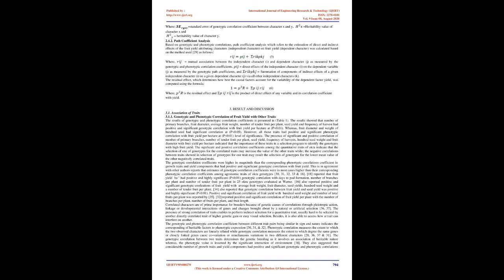However, the coefficient of correlation at the genotypic level was tested for significance using the formula described by Robertson, 1959. The calculated t value was compared with the tabulated t value at G-2 degrees of freedom at the 5% level of significance, where G equals the number of genotypes, rg equals the genotypic correlation coefficient, and SE equals the standard error of the genotypic correlation coefficient between character X and Y, which was calculated as follows, where SE equals the standard error of the genotypic correlation coefficient between character X and Y, hx equals the heritability value of character X and hy equals the heritability value of character Y.